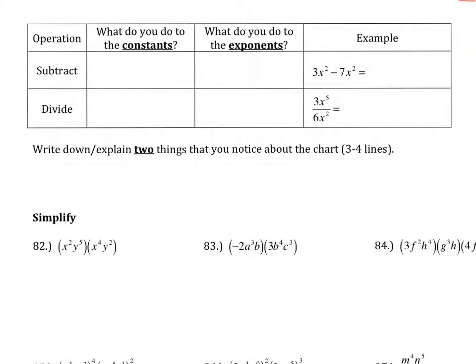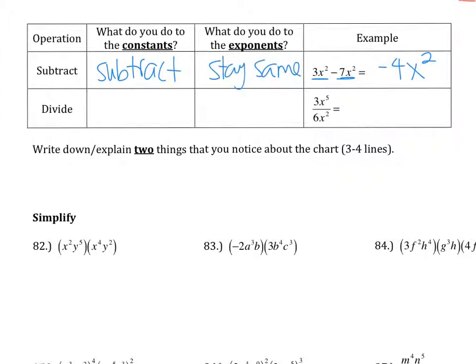In the second chart here, we're looking at subtracting. And I'm going to look at the example first. So we have 3x squared minus 7x squared. Since we are subtracting them, similar to the adding, they have to have the same like terms, which they do. So we're going to take 3 minus 7, which is negative 4x squared. So the constants are being subtracted, and the exponents are staying the same,